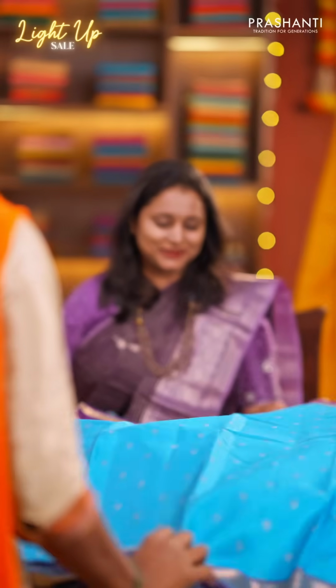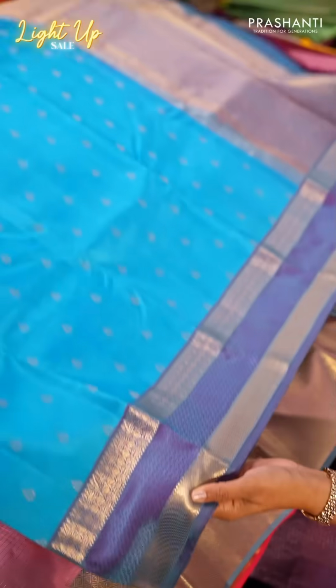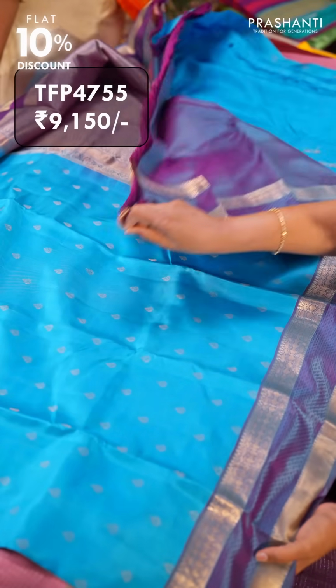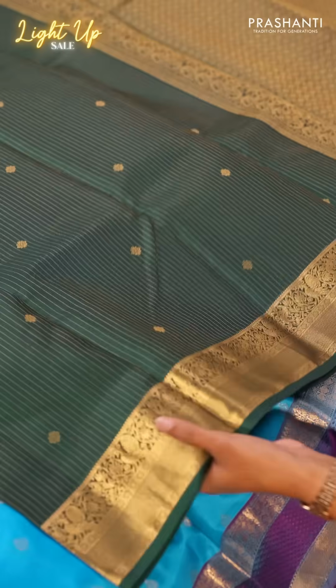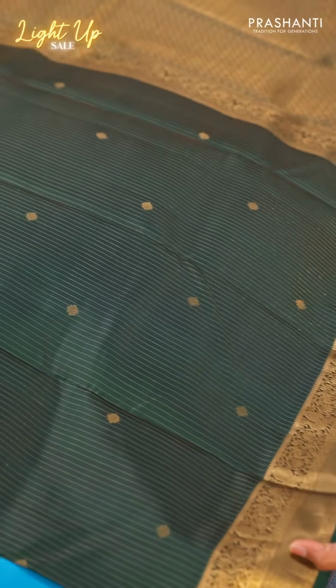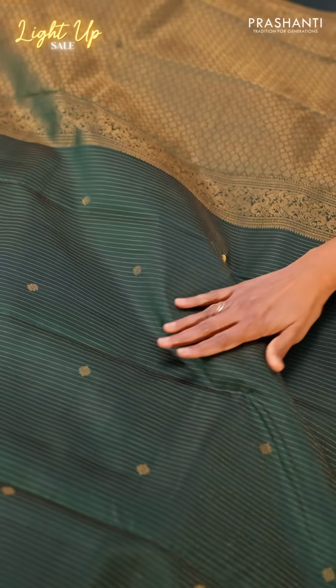A stunning copper sulphate blue with dual tone of purple, again retapet border in Kanchipuram, lightweight soft saris with 1000 butta pattern, a rich pallu and a matching dual tone blouse. Bottle green, one more stunning sari in single tone with very pretty zari striped pattern that runs all over the body with simple buttas, an intricately woven border with peacocks and floral design with a rich pallu, and complementing this